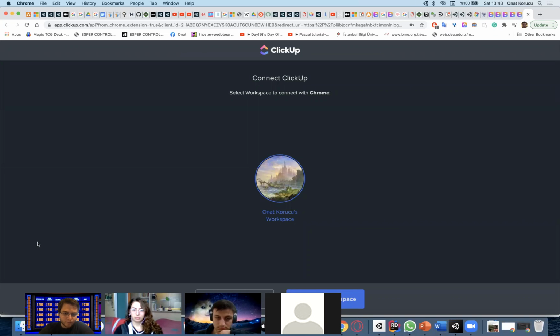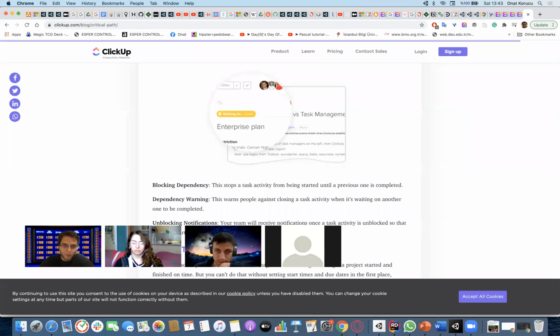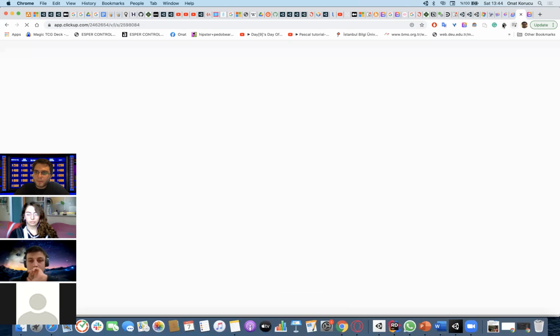You can connect your workspace, and now, I mean, this extension can see the tasks in your workspace, and you can